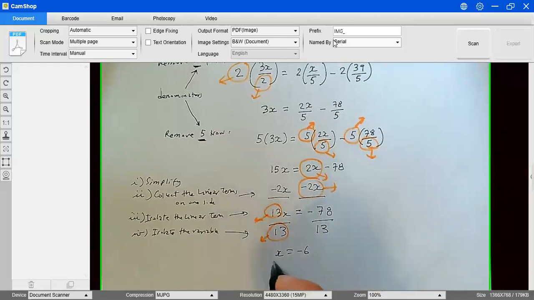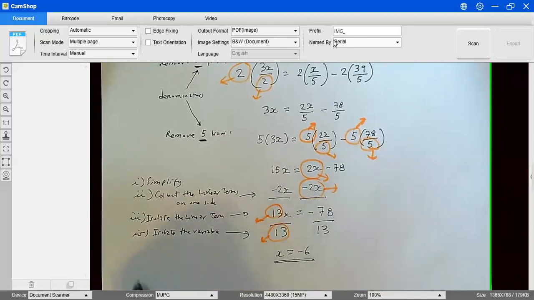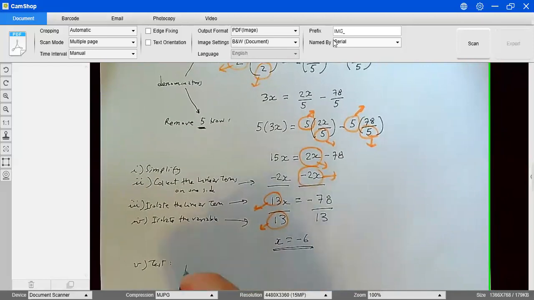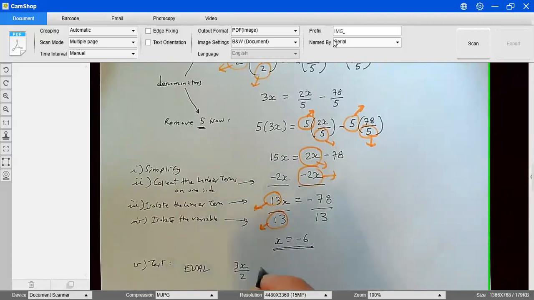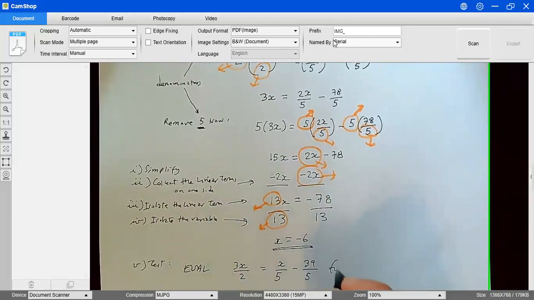So that's the proposed solution. The last step is we're gonna test the solution. So we're gonna evaluate the original equation, 3x over 2 equals x over 5 minus 39 over 5, for x